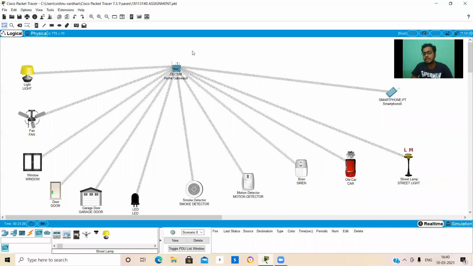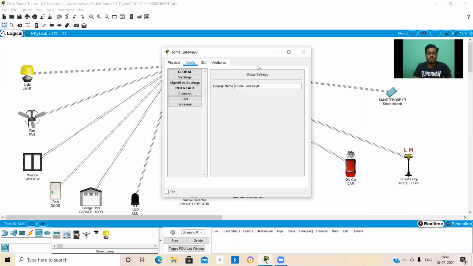Smart Home is nothing but where we can control all the home devices with a single device called a smartphone. How should we control all these devices using our smartphone? First of all, we need a common gateway for all the devices, called the home gateway. Here all the devices will be connected to the home gateway, and then this will be controlled by the smartphone.